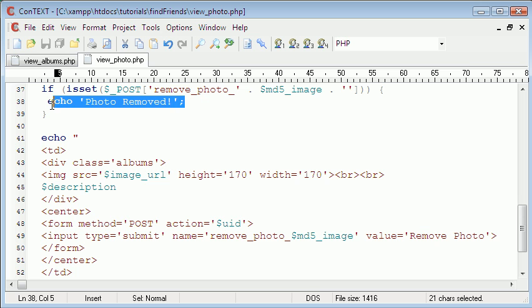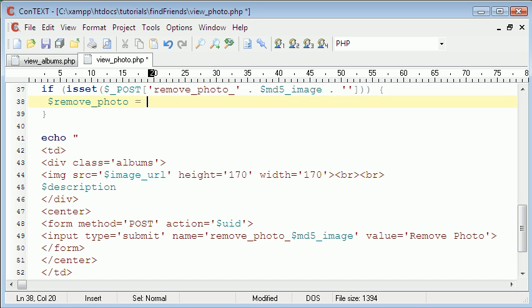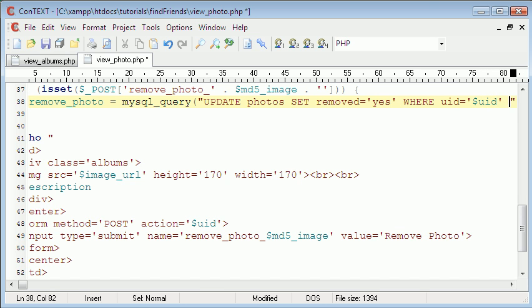So that's good. The next thing we're going to do now is we're just going to say actually remove photo equals MySQL query, update photos set removed equal to yes where UID equals UID and